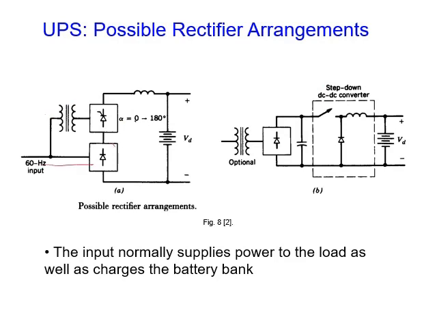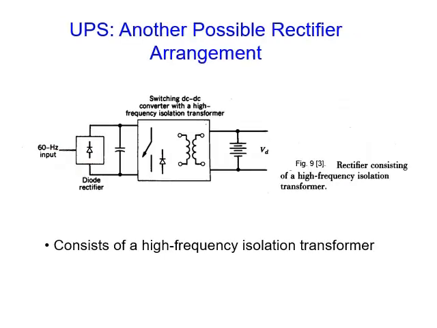We have the supply here, going to a rectifier, a diode rectifier, and then an isolating transformer to another rectifier in series, but a controlled one. So we can control this one to control the charging, because charging needs to be controlled. Or we may use an isolating transformer and rectifier circuit with a capacitor for filter, but here we use one of the DC-DC converters, step down for example, to charge the battery. Or we may use again a rectifier with its filter, and then here any type of switch mode DC power